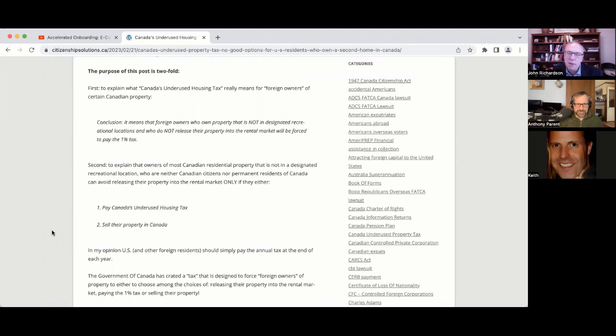And my conclusion on this is as follows: I think that under no circumstances should an American owner of a home in Canada rent it out. They're going to be subject to all these horrible landlord and tenant laws, et cetera, in Ontario. They only have two choices. They either pay the tax or they sell the property. That's it. Oh, okay. All right. So there's the piece of the puzzle I didn't get, John. The landlord-tenant law in Canada.